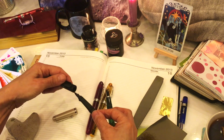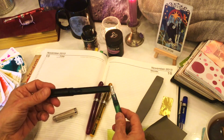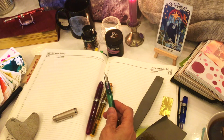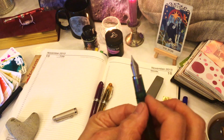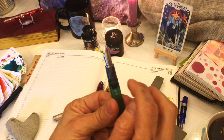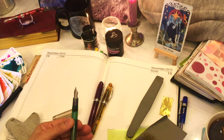I just noticed I was going to put some more ink in this pen, but I've just noticed a real mess. The thing is, I daren't take the nib out of this kit now. Well, I should really, because as you can see, it's got purple ink in there, but it took me ages to get the nib in and out,